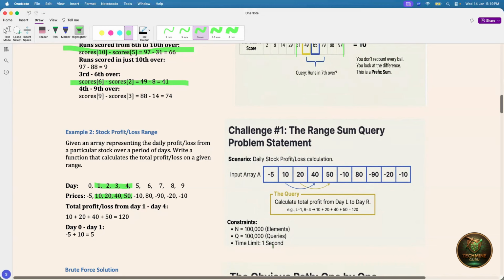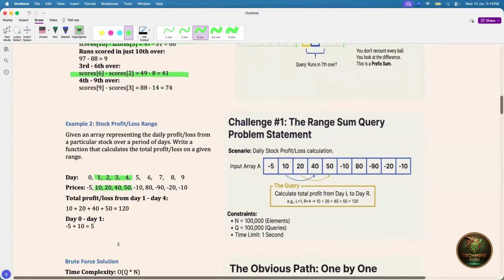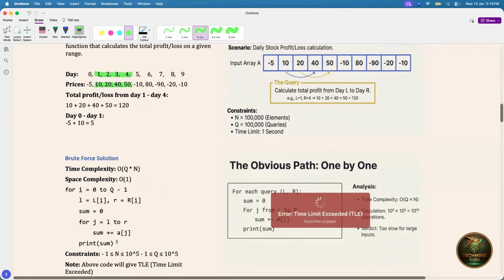The constraints for this question are very high. Suppose it is given that n is equal to 1 lakh elements and q is equal to 1 lakh queries, and the time limit is 1 second. So let's first think about the brute force approach, which is, I think, the obvious path to solve any question step by step. So for each query, we will run a loop from L to R and we will